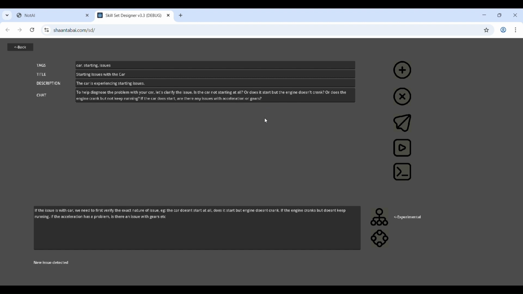We need to ensure that tags, titles, and descriptions make sense. What we need to ensure is that there is a difference between the statements problems with the car and problems starting the car. So title must have the information so that the right thing shows up when user searches it, like we do here for other skills. You will notice that when it comes to finding skills similar